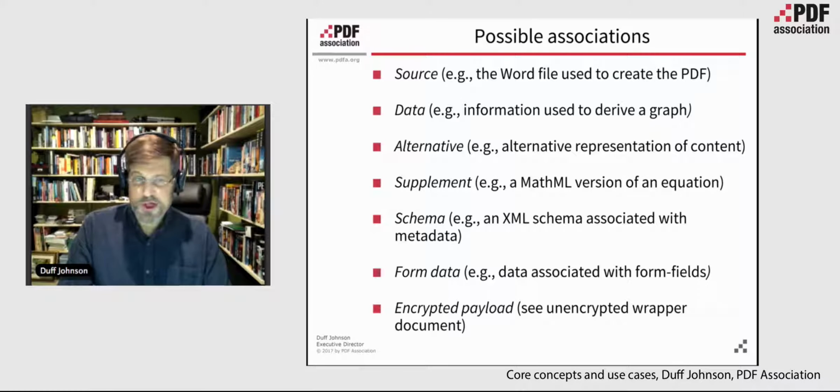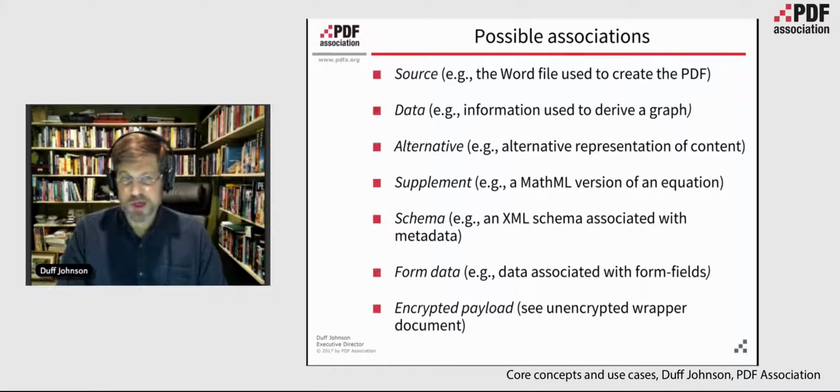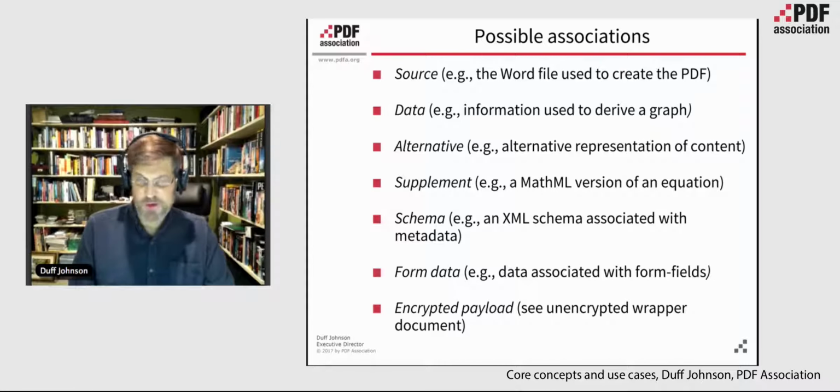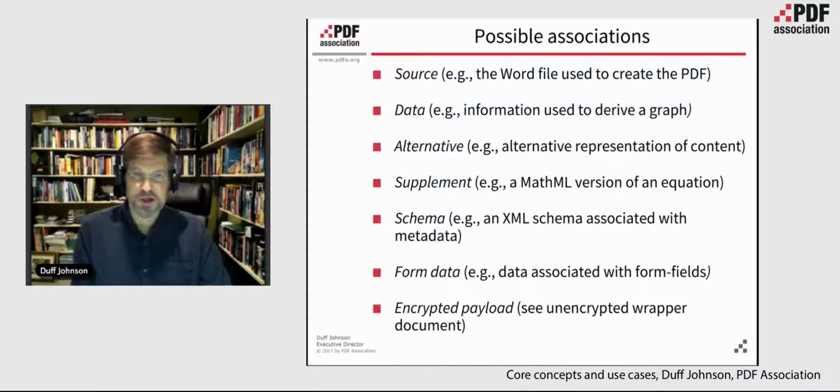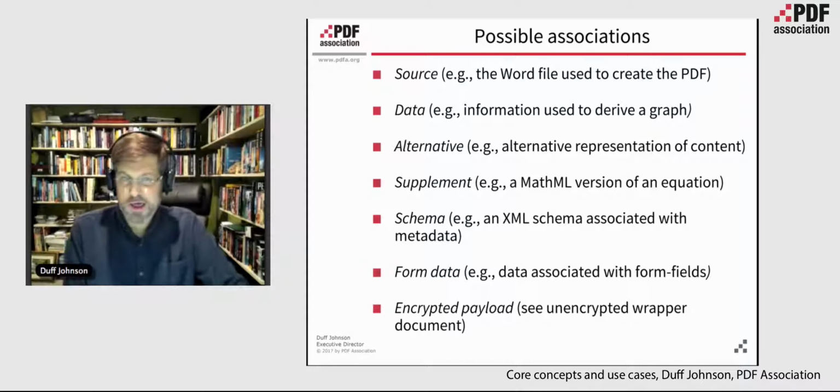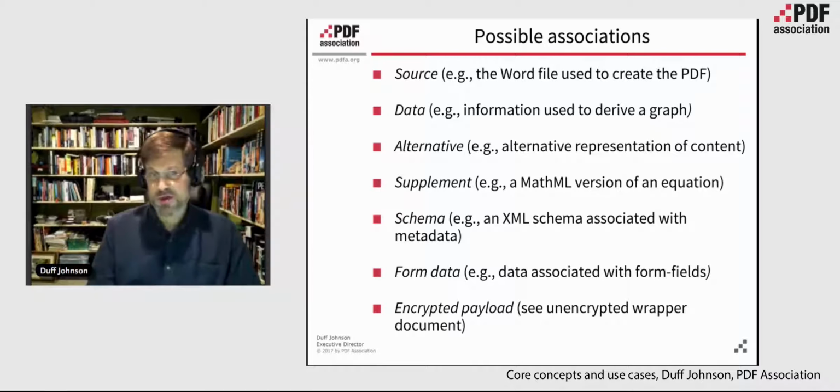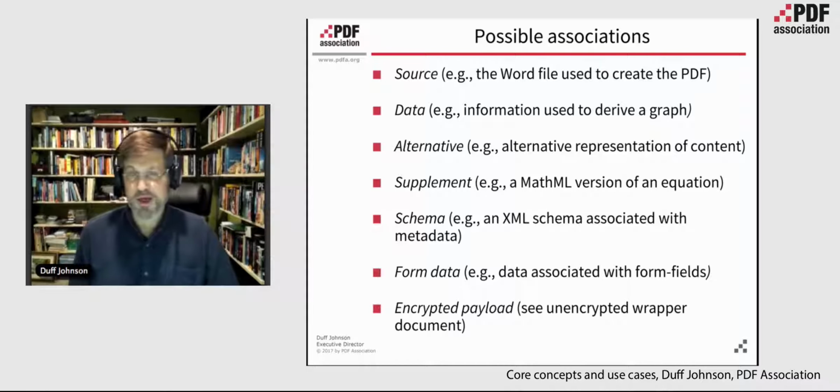And what are those associations? Well, you can have a source data, or source information. In fact, OpenOffice for, I don't know, perhaps 10 years has routinely included the Word file, or the doc, I should say, the doc file that the software used. It routinely offered the option of including it as an attachment to the PDF generated out of the software. And that kind of capability is not particularly important from a next generation PDF point of view, but it exemplifies the kind of capabilities that associated